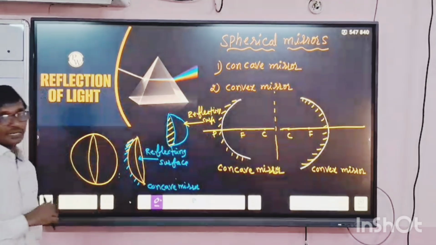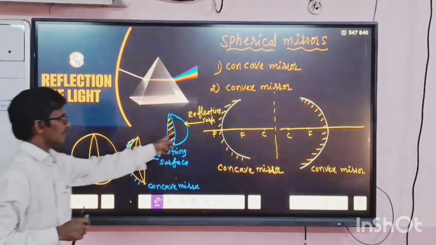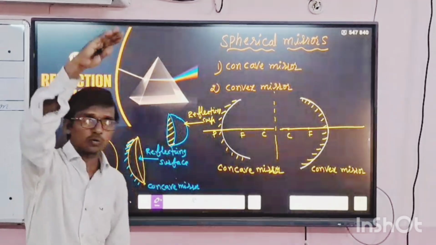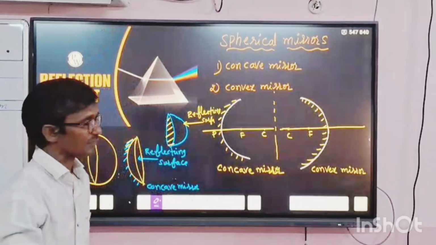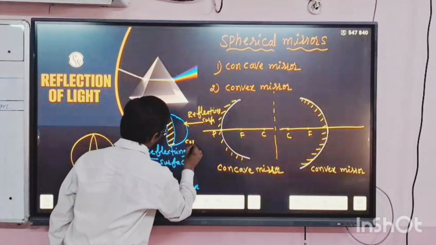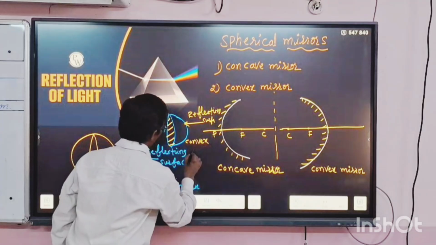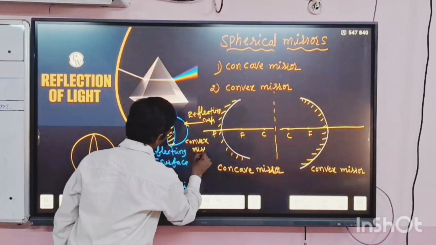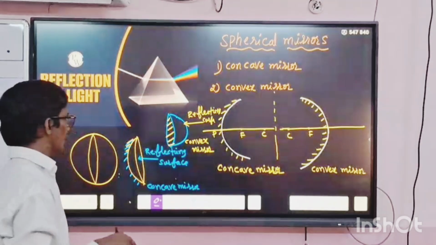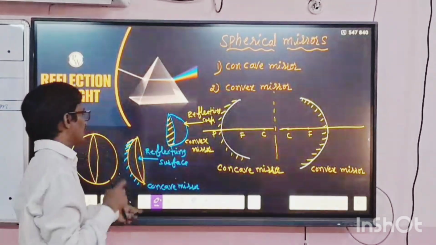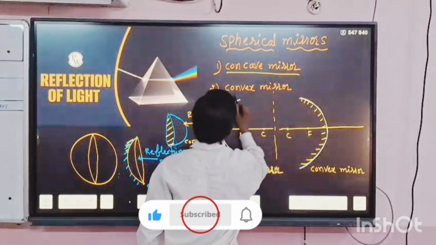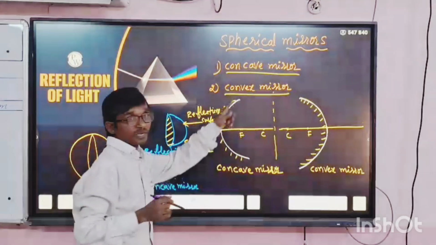So spherical mirrors are of two types: one is the convex mirror, one is the concave mirror. This is a part of the spherical mirror, a curved mirror. This is a concave mirror. This is a convex mirror. When we draw this diagram